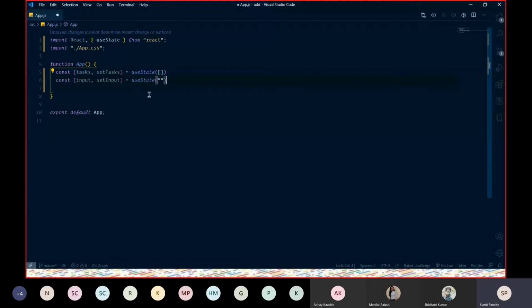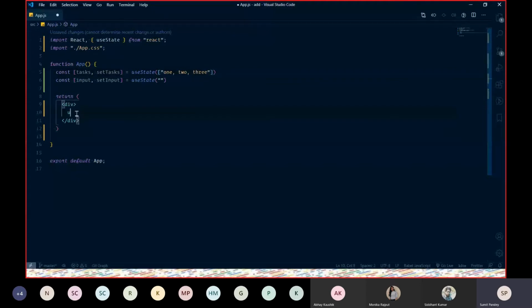Now what I have to do is write my return statement. Inside this return statement, I'll make use of an unordered list because I have to loop over this array. Suppose by default I give it two or three properties, and I'm gonna loop over this array.